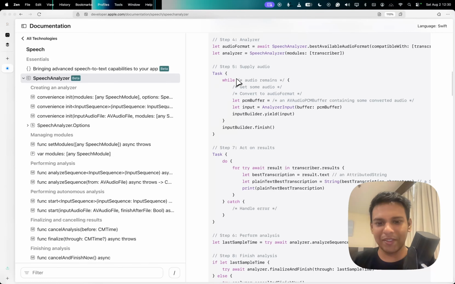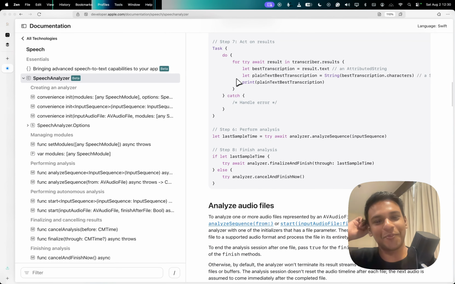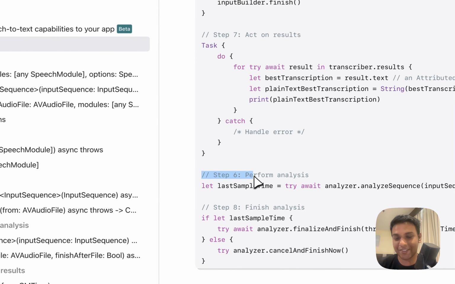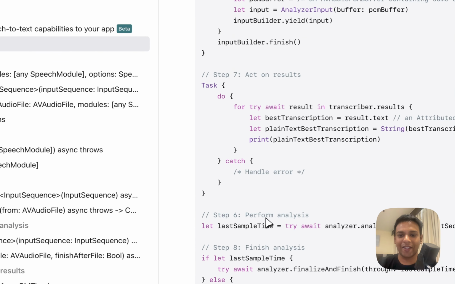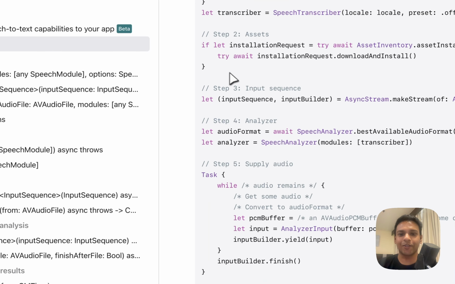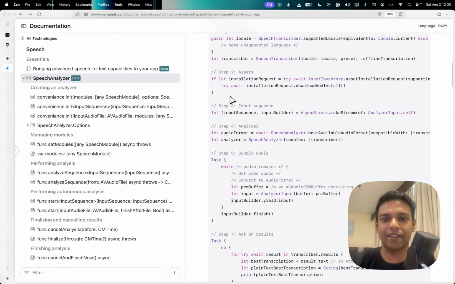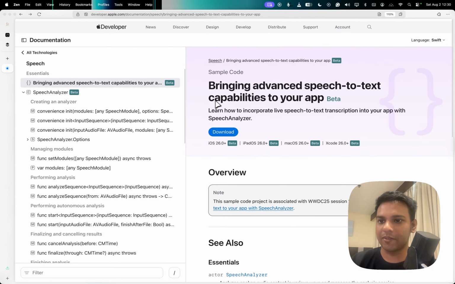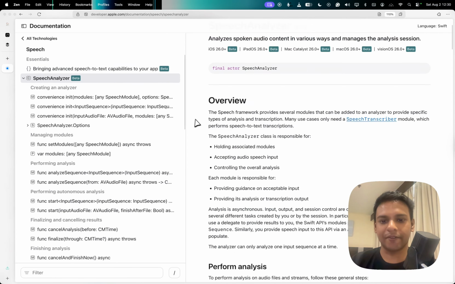The documentation is nicer. I haven't opened this page before, but they have steps mentioned, and it's funny that they went from step 6 to step 8 directly, and they have step 7 above it. Okay, so we will just go through the code to understand it first. So we have the, where did that page go? Okay,